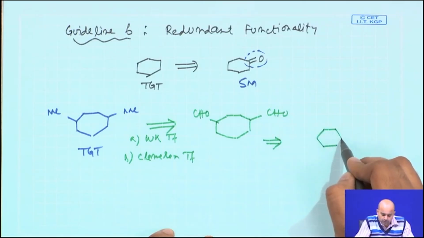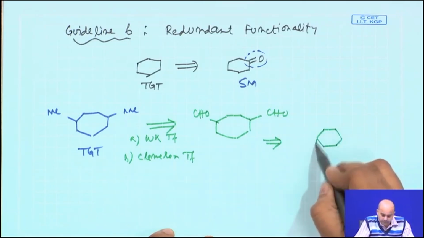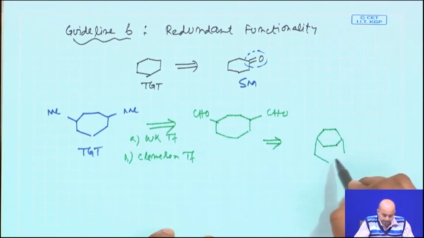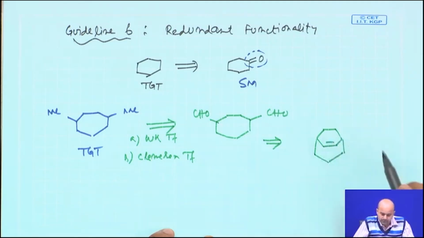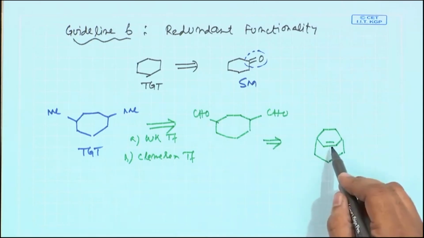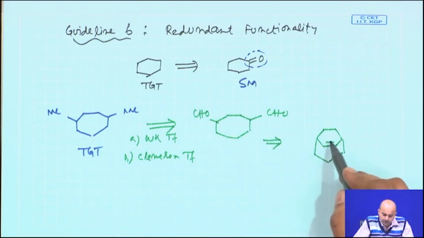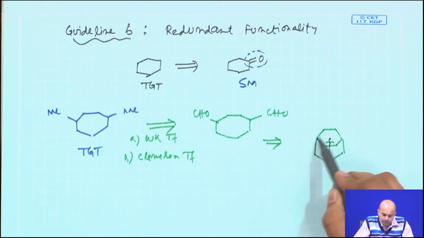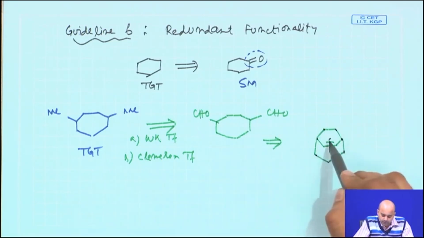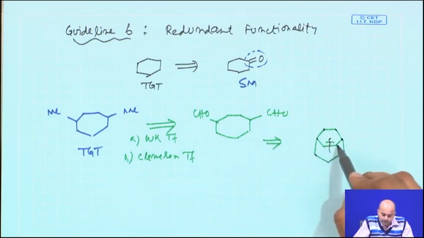The next retro step which we are drawing is something like this. Now, what do you say? If you have this kind of bicyclic hydrocarbon with an olefinic unsaturation, you do an ozonolysis here. Now, count the ring carbons: 1, 2, 3, 4, 5, 6, 7. So, if you do an ozonolysis, this part is your CHO, this part is your CHO, which is acting as